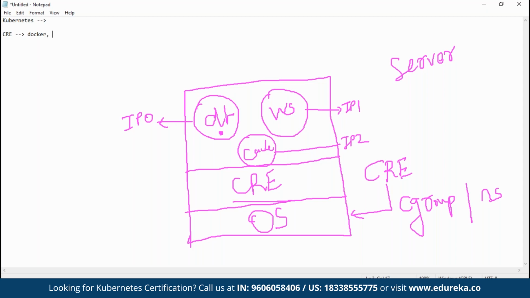There are many others as well, like you have LXC runtime environments, you have LXD runtime environments, you have CRI-O runtime environments. There are many available in the market that provide you the isolation for creating these environments, and that's what the world is moving towards. The reason why? Because on a single server,